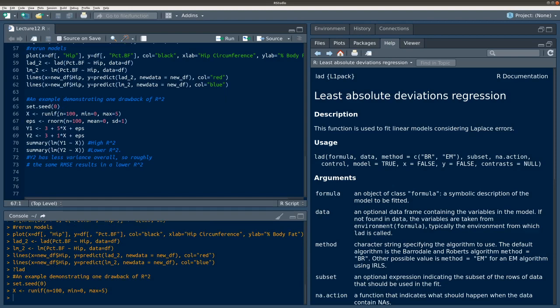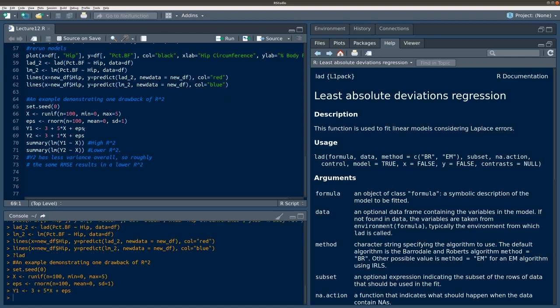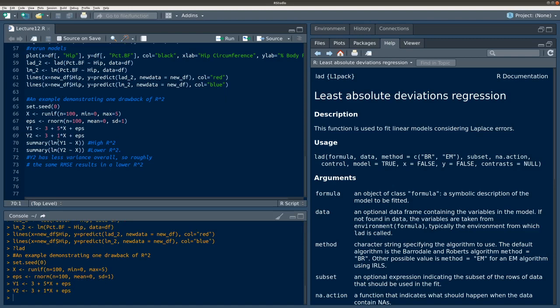So x here is uniform from 0 to 5. I have 100 samples. Create some epsilon, some noise terms. That is sample 100: 100 samples, mean 0, standard deviation 1. And build a y1 and a y2, right? So in this example, if I plot